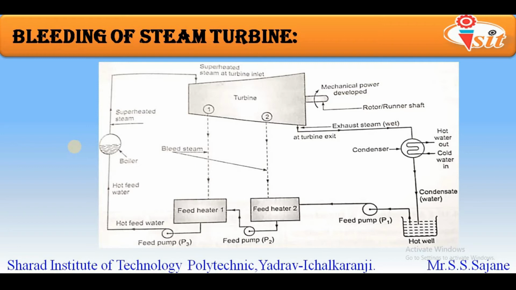Thus it will reduce the heat requirement of the boiler for converting this feed water into superheated steam. You can understand from this that due to bleeding of steam turbine, we will have a much smaller requirement of providing an external source of energy to the boiler for heating the liquid into superheated steam. So we can say that this concept will help us to reduce the fuel requirements for this plant.